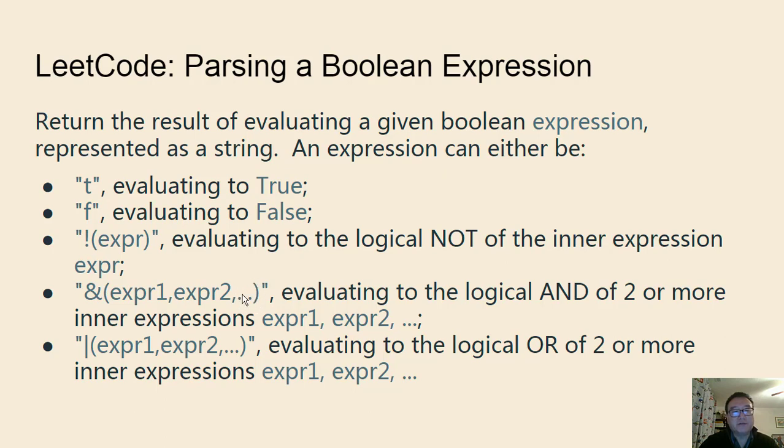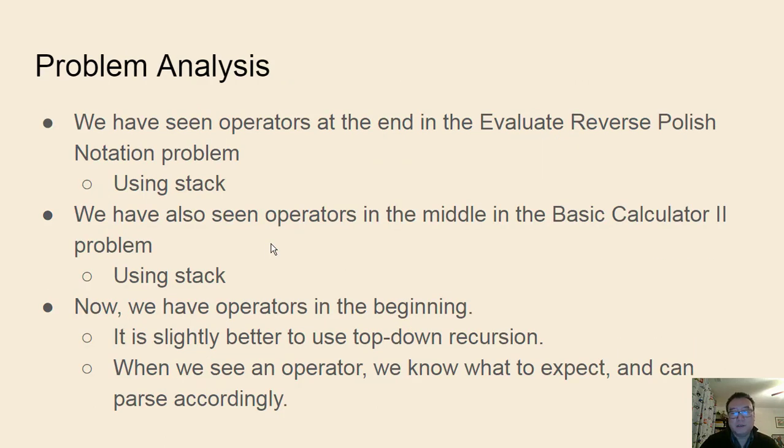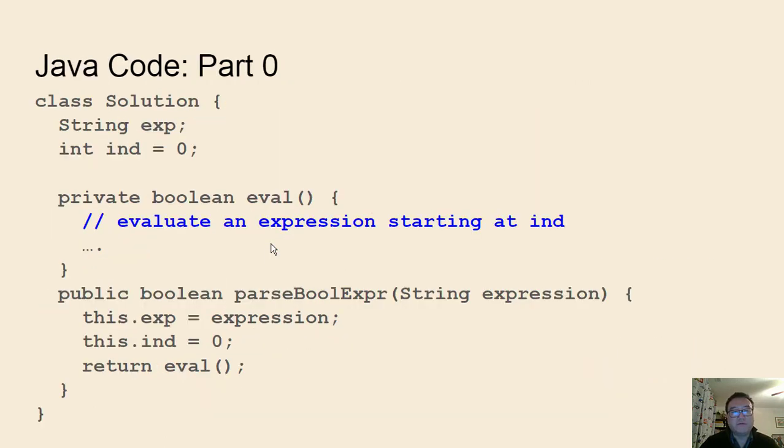If it's a comma, then there should be another expression. If it's a close parenthesis, then we're done with this. We should end all of these values together. So whenever we read the first character, we know exactly what to do. So in that case, it's actually easier to use the top-down recursion, and we're going to see the code for